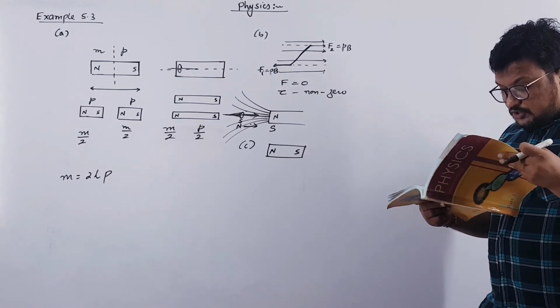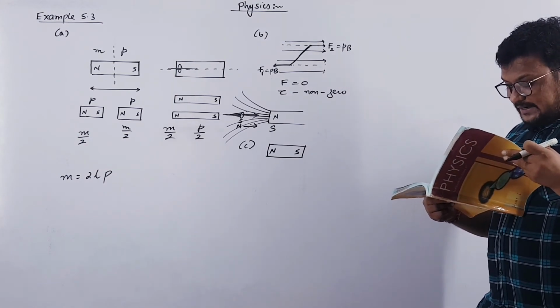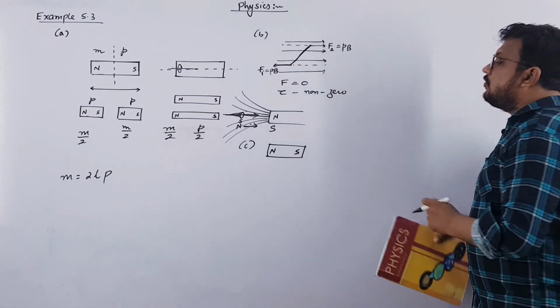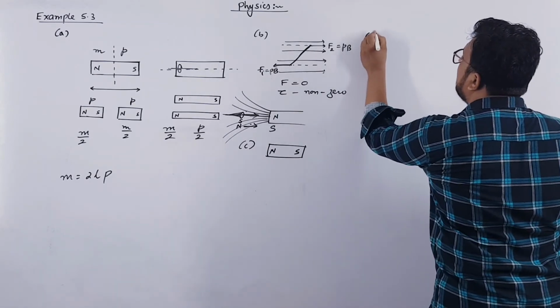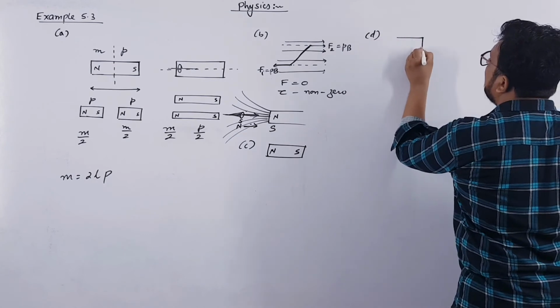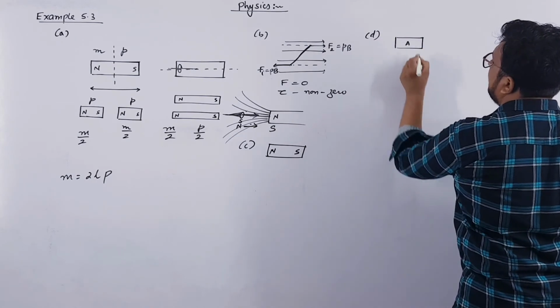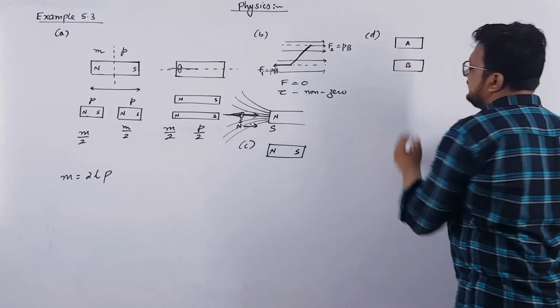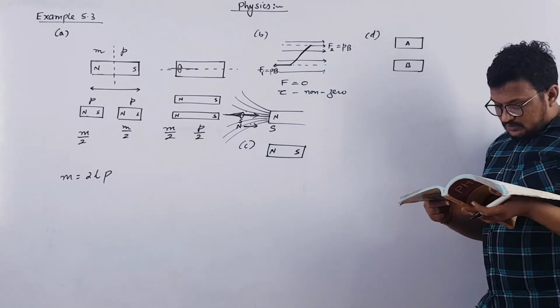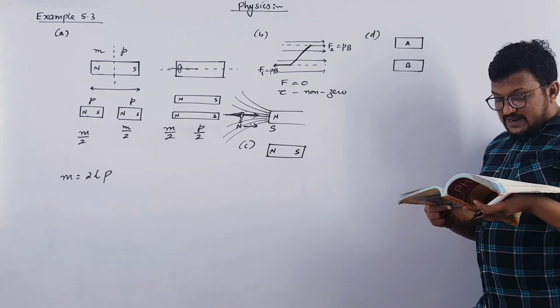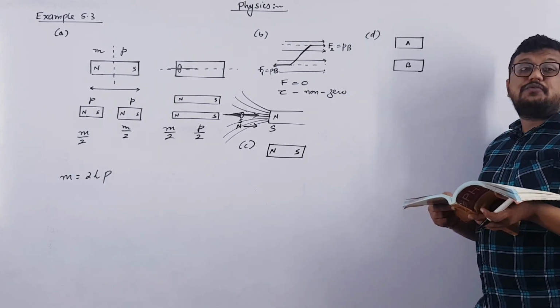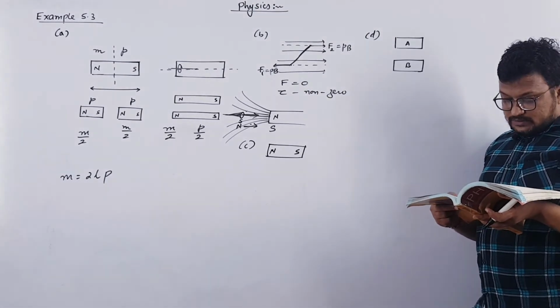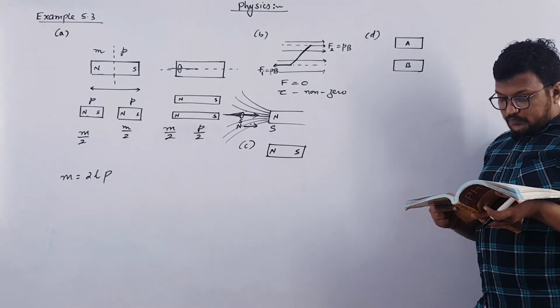Fourth one: two identical looking iron bars A and B are given. So in the fourth case, we have two iron bars. Let us say this is iron bar A and we have another iron bar B. Both are identical in shape, size and look, one of which is definitely known to be magnetized. Out of these, one is magnetized. We do not know which one.